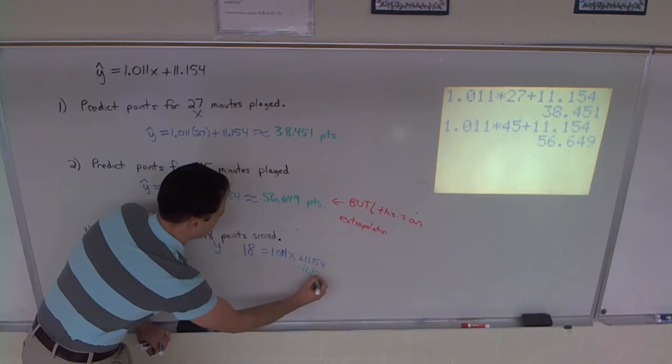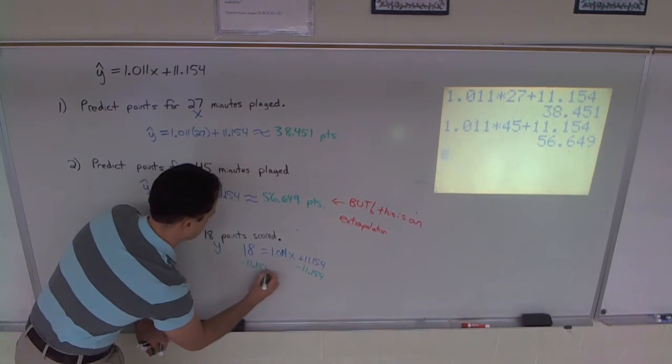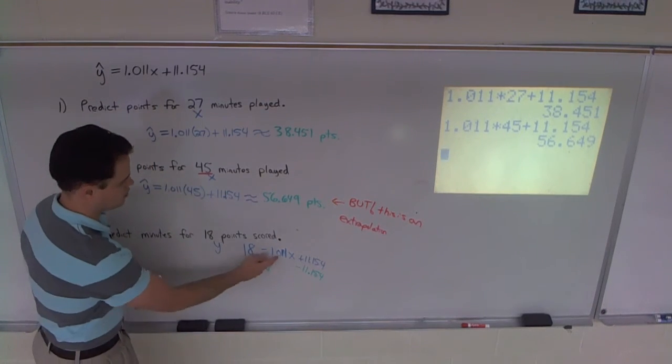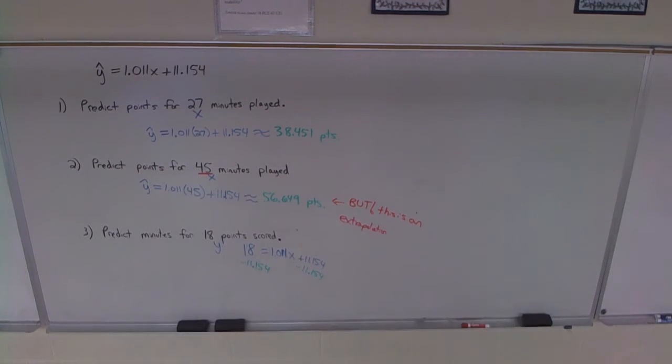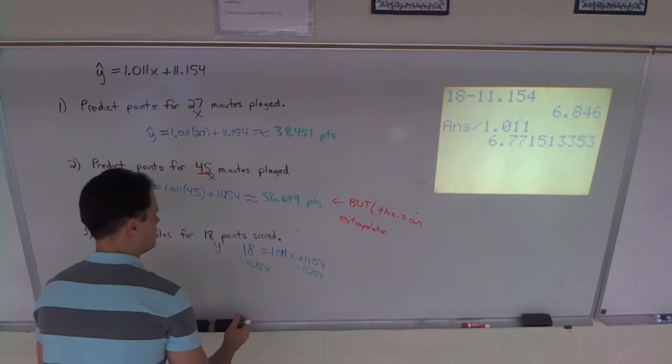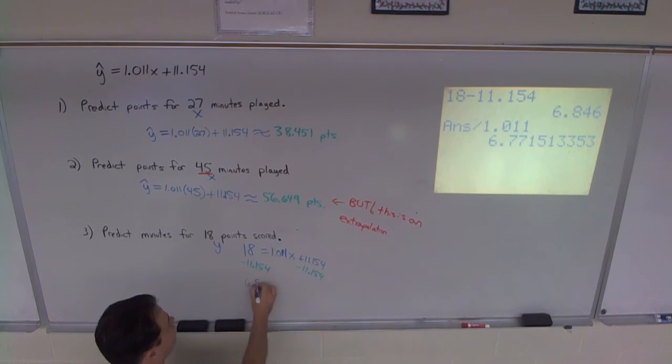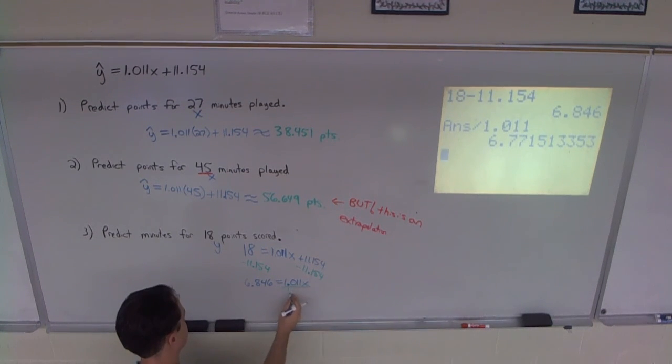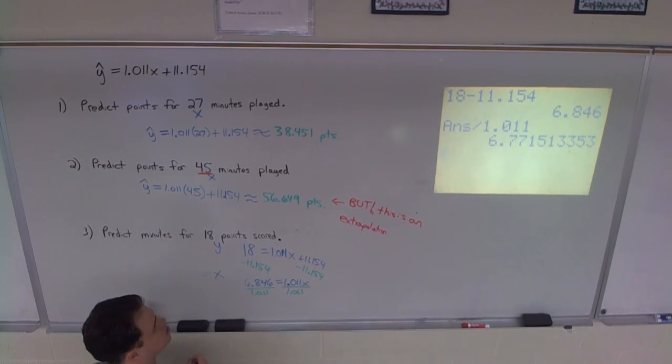So I'm going to subtract my 11 on both sides, get my answer, and divide that by this guy. Let's have our calculator do that. So here we go, 18 minus 11. Take that answer and divide it by that. Okay, so our model predicts, just fill in the steps here, so our model predicts that x is going to be